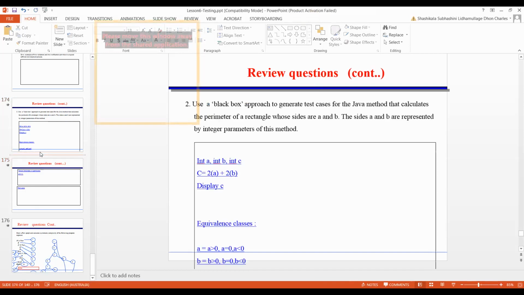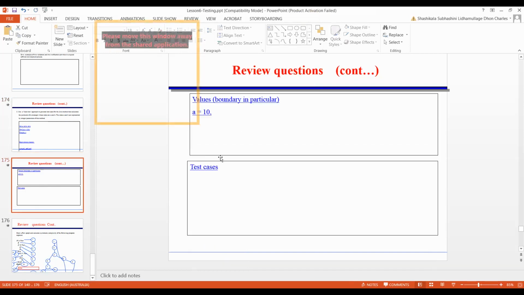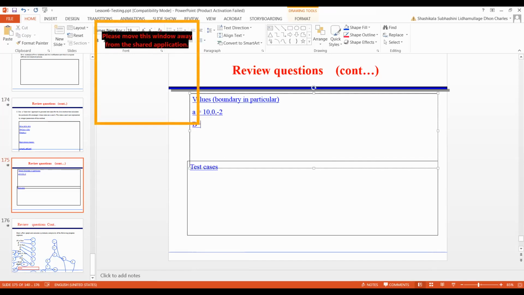Then equal to 0, it is fixed. Less than 0, I am taking -2. For B, these are the values. Okay, write down the values.